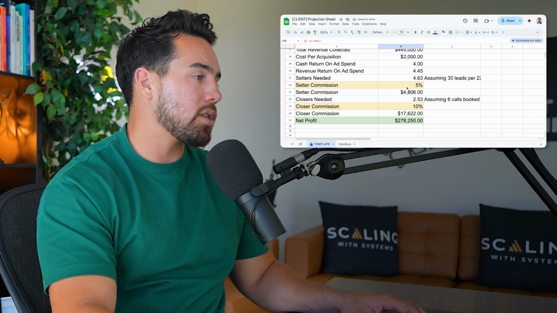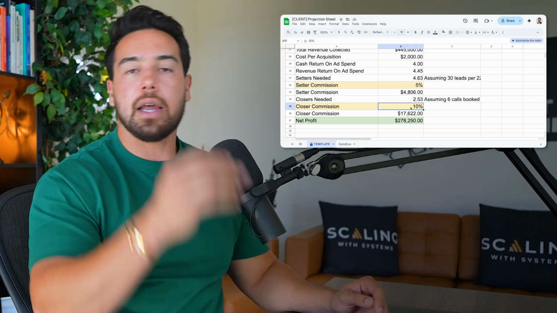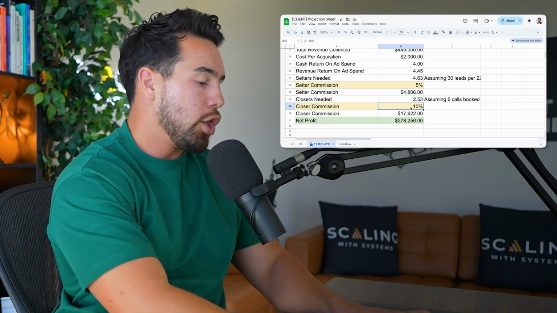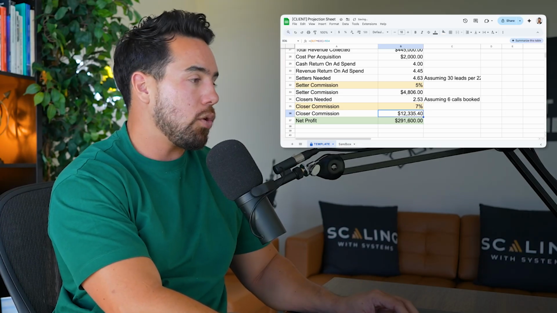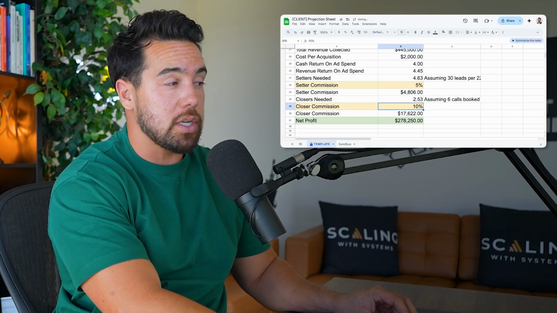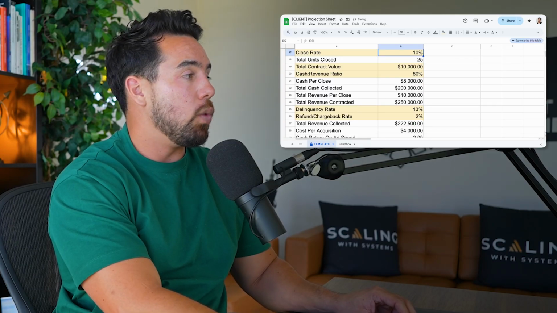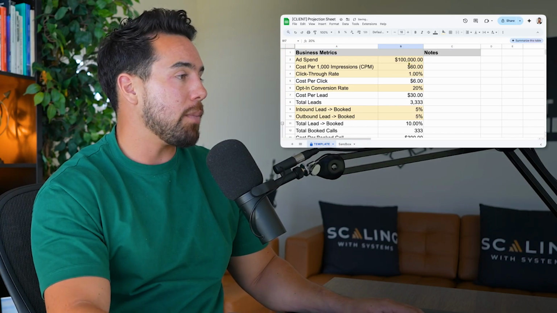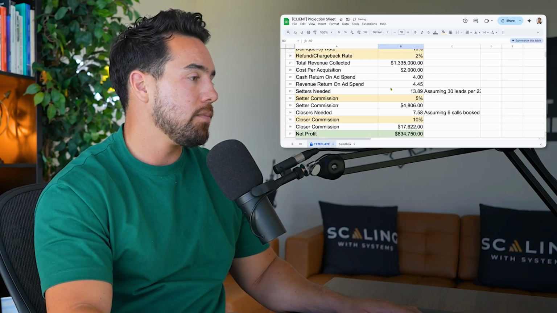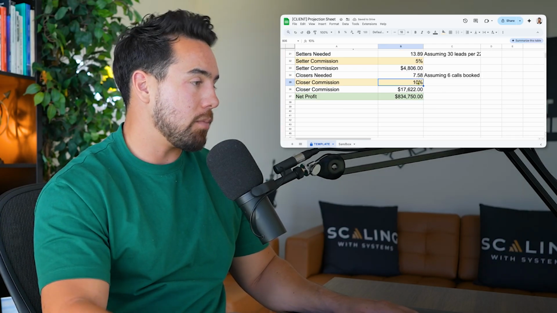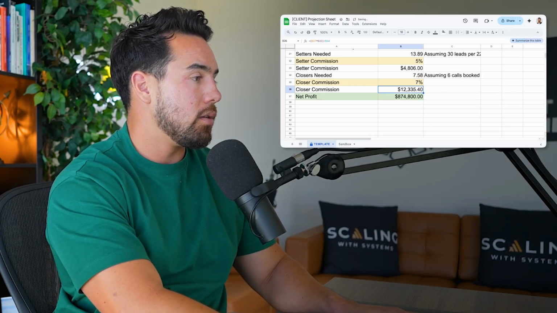These closer commissions, setter commissions, let's say that over a span of 4 to 5 months, you were able to lower your closer commission from 10% to 7%. Well, you can see right there, you just made an additional $13,000 in this example here, which at scale, if we were to come back up here and say, let's spend $300,000 in a month, let's come back down here. At scale, going from 10% to 7% is